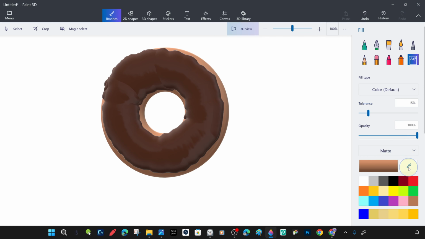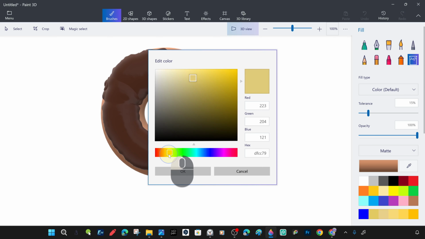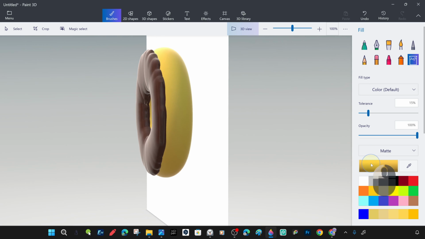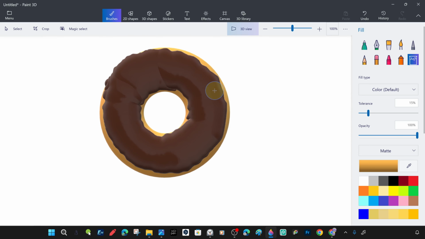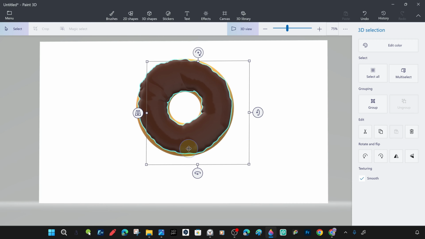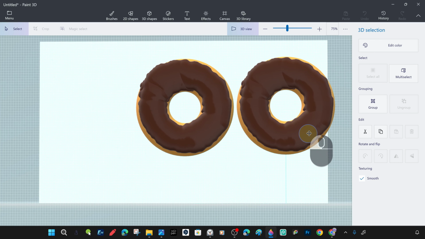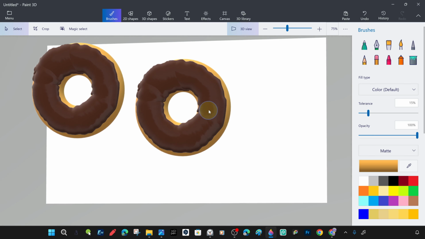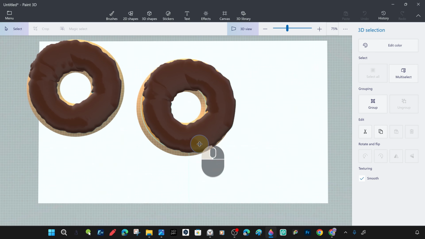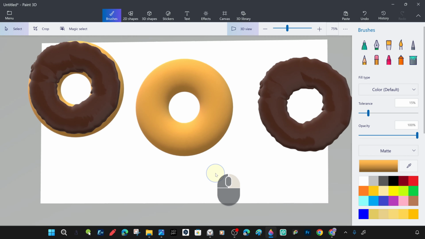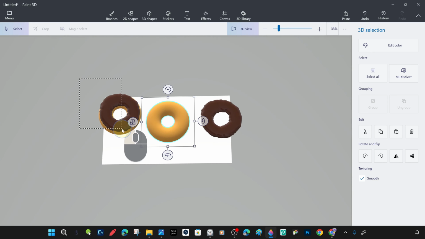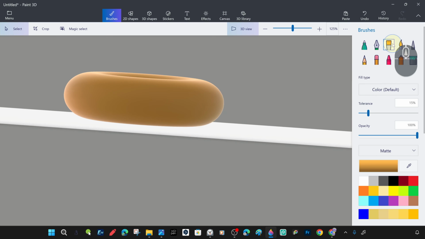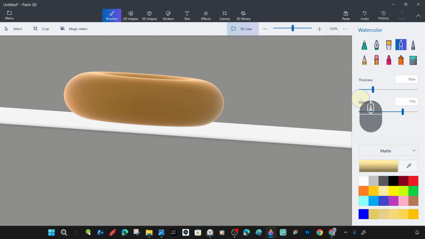So that's what we're going to do, and now we can start painting a little bit. But first, let's get a backup version and put it aside. For this, we select all its parts. Copy it with the Ctrl+C key combination and paste it with Ctrl+V. We also put our chocolate layered objects aside for a while for a comfortable painting process. Now that the donut ring is well insulated,